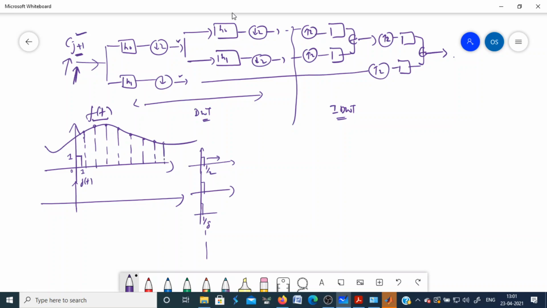So whenever you start decomposing a signal using a discrete wavelet transform, what should be the input to the structure? That is nothing but the samples of the signal itself. Or if the signal is itself in discrete form, a digital signal, in that case you have samples. So you have a signal x[n], where x[n] may be the samples of some signal x(t), and the sampling satisfies the Nyquist criterion. Then you process this through a filter bank.